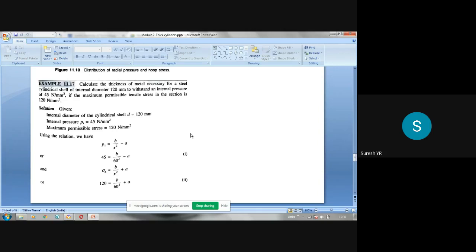Radial pressure is compressive in nature, hoop stress is tensile in nature. The only difference is B by x square plus A for sigma x, B by x square minus A for Px. So depending on the data in the problem, we have to use the respective formula. So when they give maximum permissible tensile stress value,